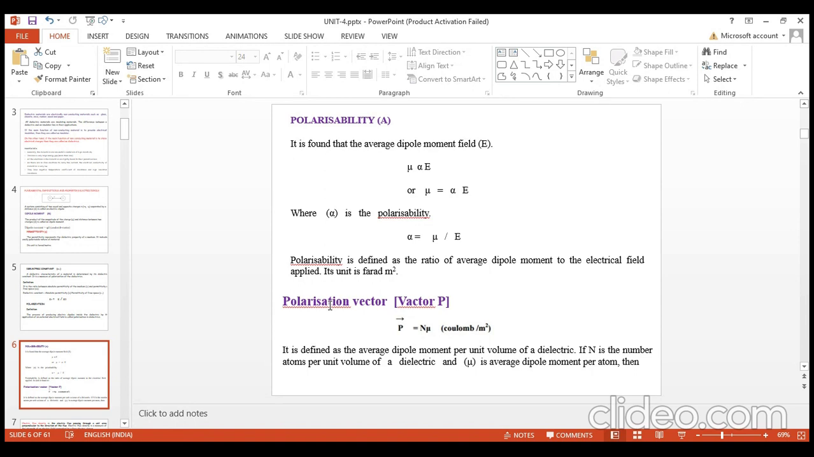Polarization vector. It is defined as the average dipole moment per unit volume of a dielectric. If n is the number of atoms per unit volume of a dielectric and mu is the average dipole moment per atom, then